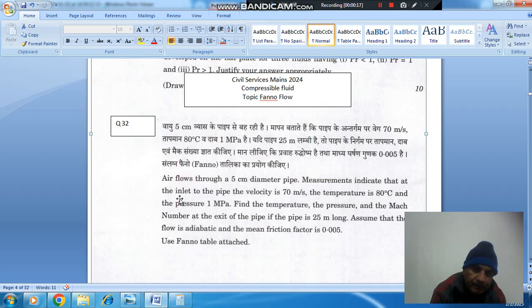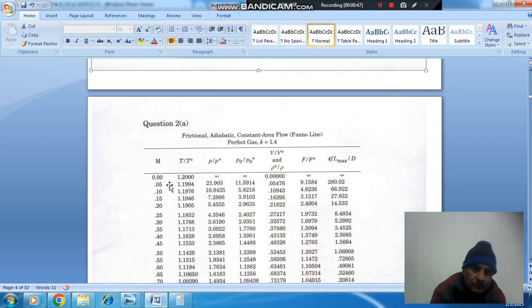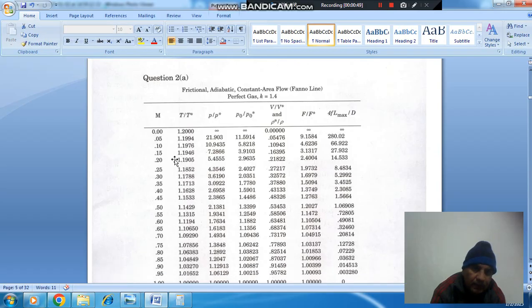Measurement indicates that at the inlet to the pipe, the velocity is 70 meter per second, the temperature is 80 degrees Celsius and the pressure is 1 atmosphere. Find the temperature, the pressure, and the Mach number at the exit of the pipe if the pipe is 25 meters long. Assume that the flow is adiabatic and the mean friction factor is 0.005. Use the Fano table attached. So this is the Fano table, and